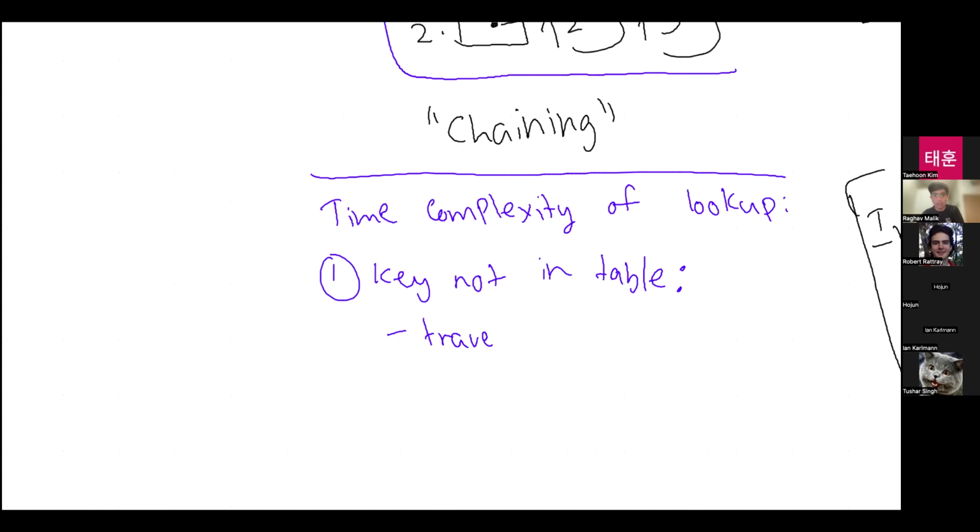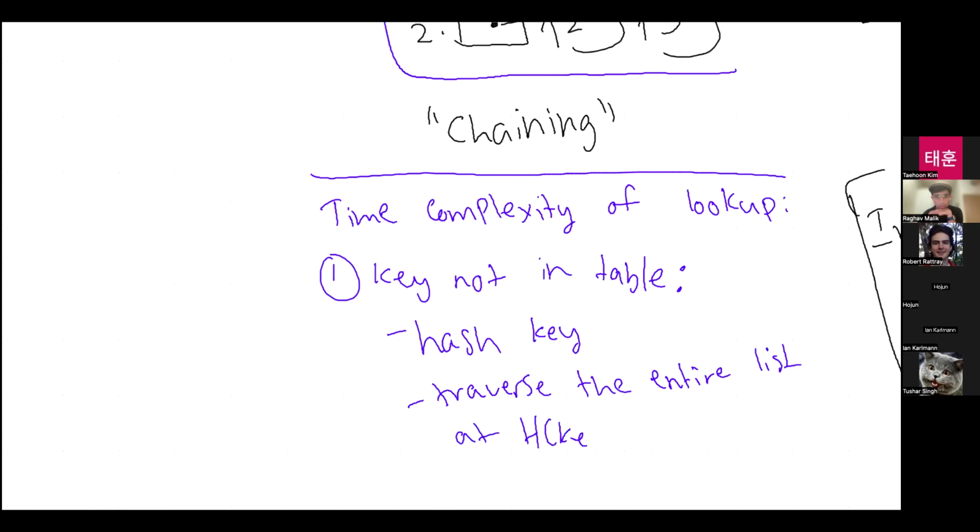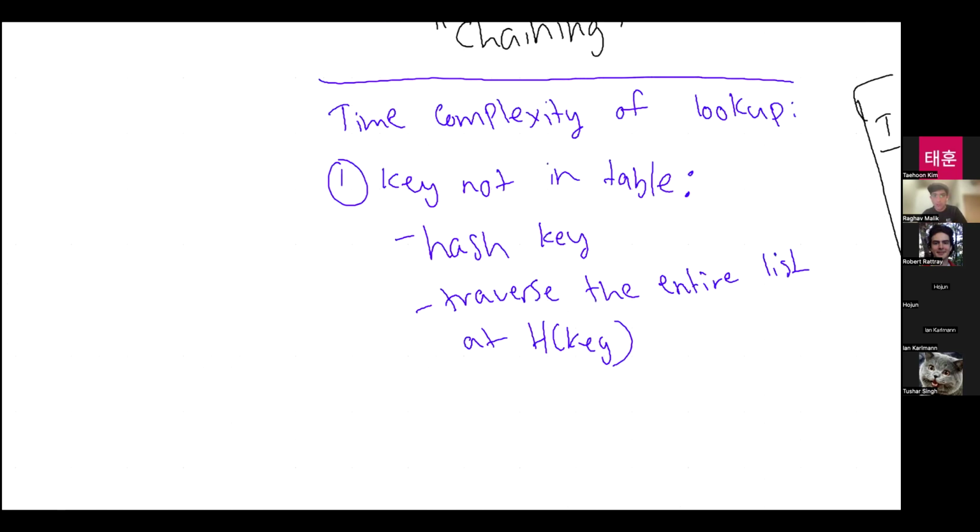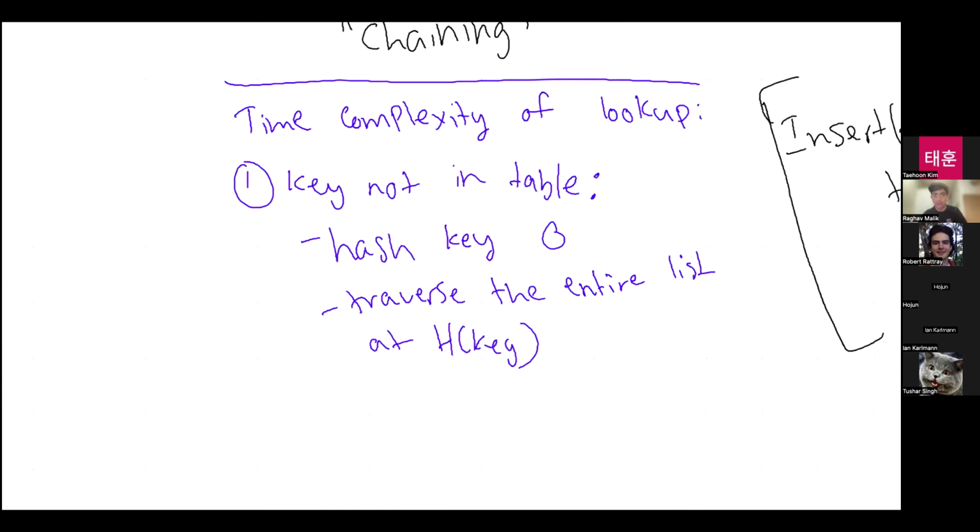So in particular, I start by hashing the key, then traverse the entire list at hash of key. Hashing the key is something like theta of 1 if we're using a good hashing function like our multiplication or division based hashing. In general, we want computing a hash to be something that looks constant time.